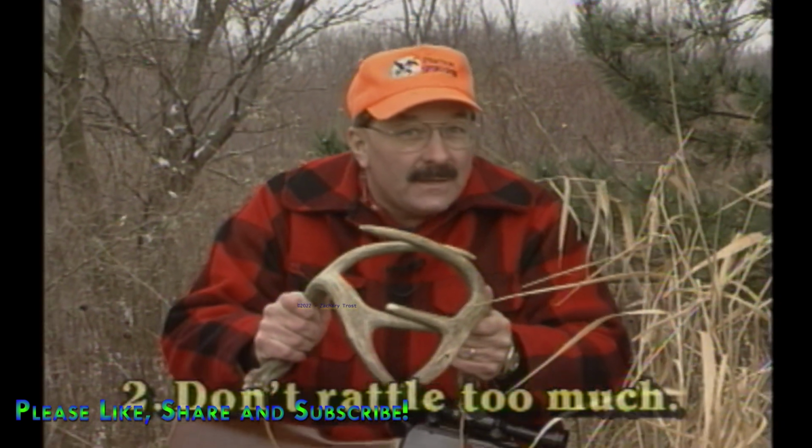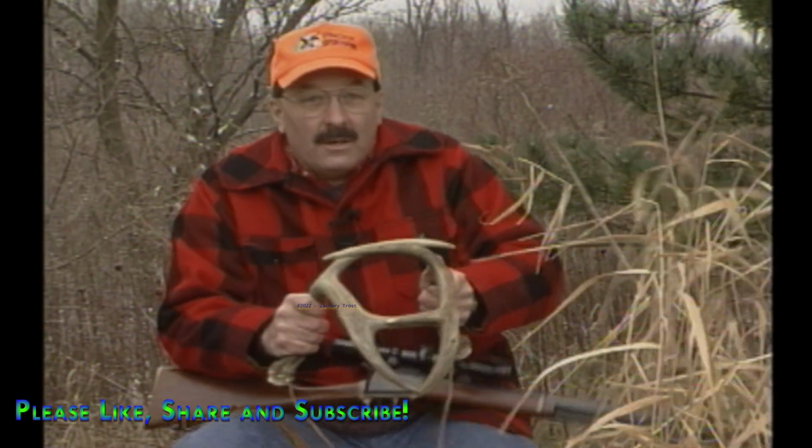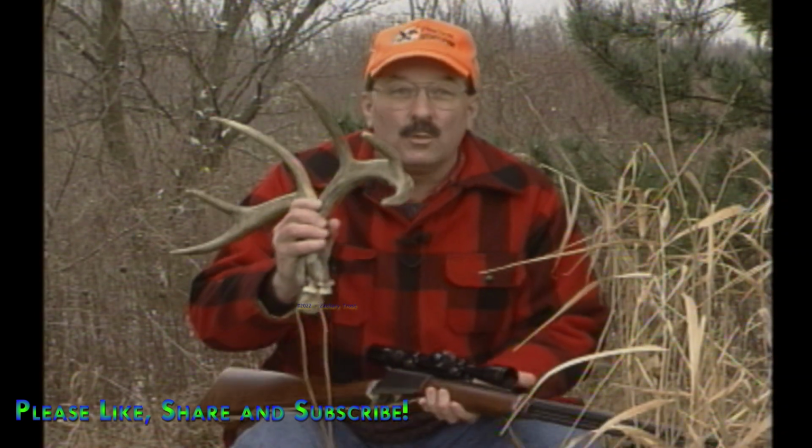Then you pause a little bit. Click a couple times again. Now you can enhance this by thumping the ground, thrashing some branches, but after about 20 or 30 seconds, you want to stop for at least 5 minutes, and now comes principle number